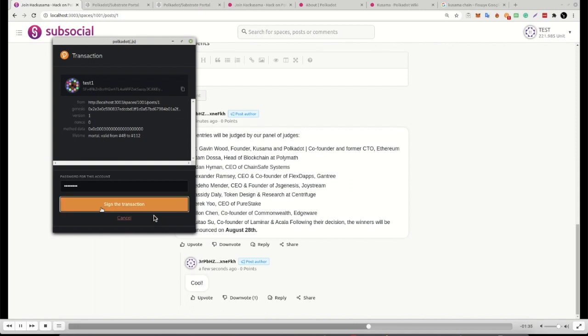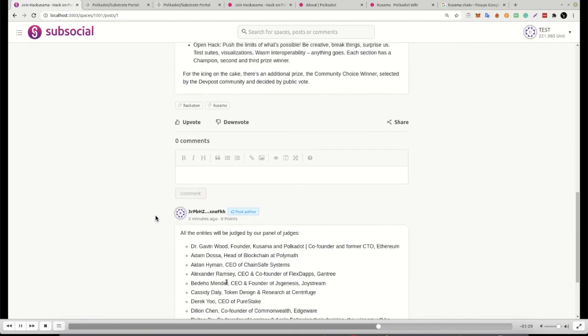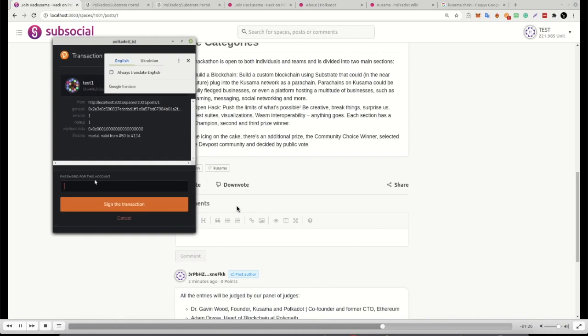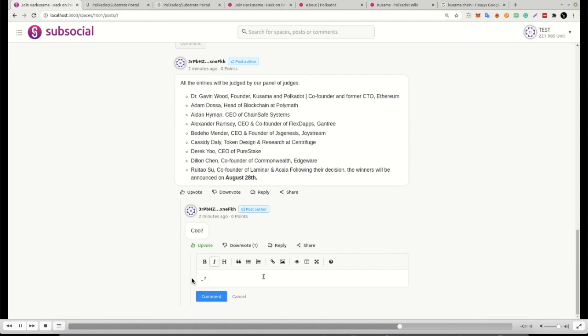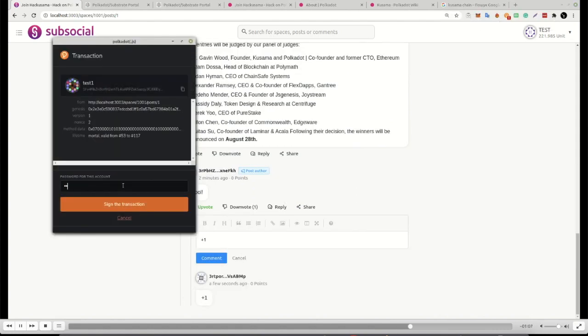So let's upvote. Okay, we upvoted from another account, and let's upvote a post from another account. Okay, done. So now we're writing a comment from this new account. So you can see, as I mentioned before, we implemented this instant update on the UI about state. So even before the post was confirmed, it already appeared on the screen for UX reasons. And when we integrate our new pallet, that is called session keys,